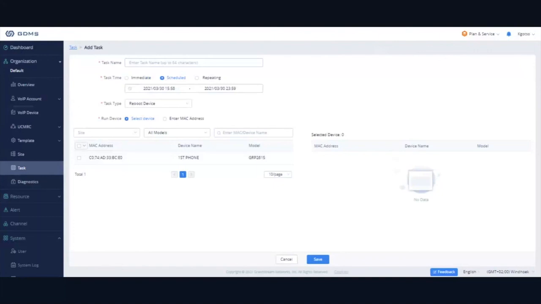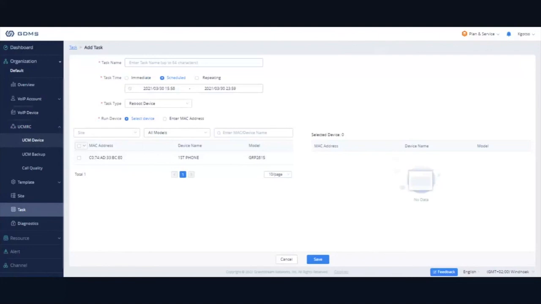Let me quickly give you a quick show while we are still logged on here. When we go to UCMRC, that UCMRC feature, it says UCM device. So what this allows you to do is add a PBX, and then after adding a PBX, you can then deploy remote workers on PCs, deploy remote workers on smartphones, deploy remote workers on